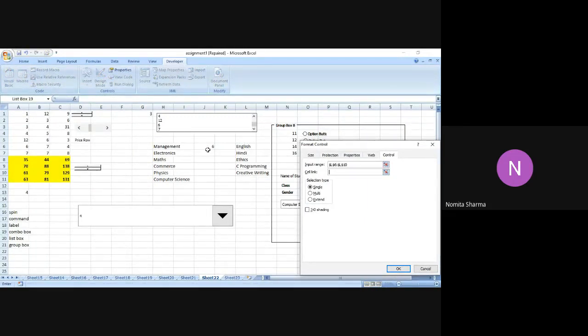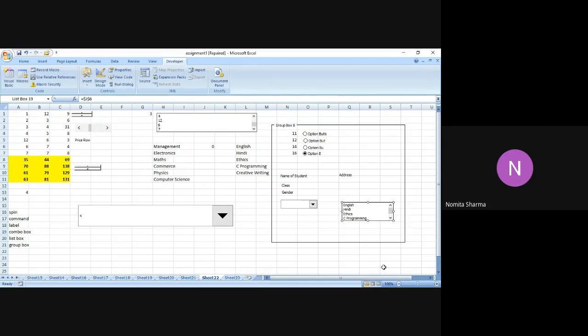And for the cell link, I can give the same position which I had in the earlier case, and I say okay to that, right? So you will see that this has given you all the options, right? And it is actually scrolling up and down, and depending on that I can make any choice and get going. And you will also see, since I gave the same position over there, it has actually related and linked that with the combo box.